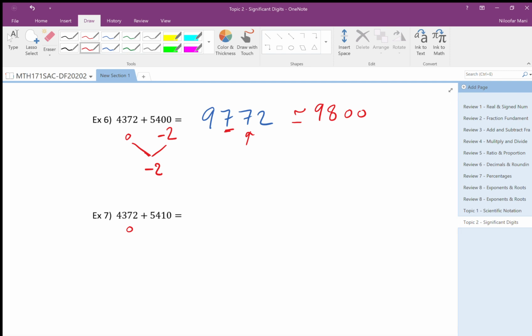And how many zeros here? I see 1, so I round to -1. So I find the answer, 9782. Okay, I underline that, I check that, it is almost